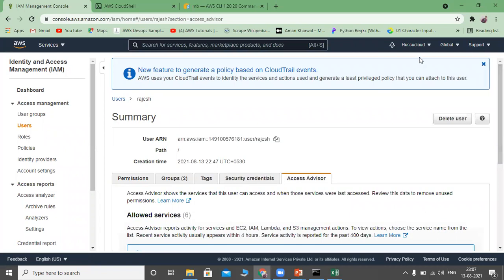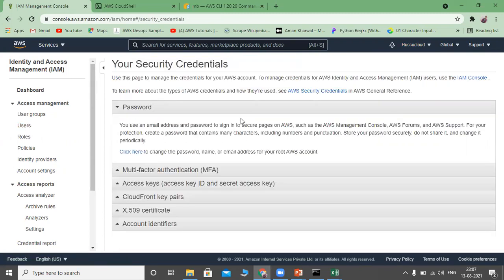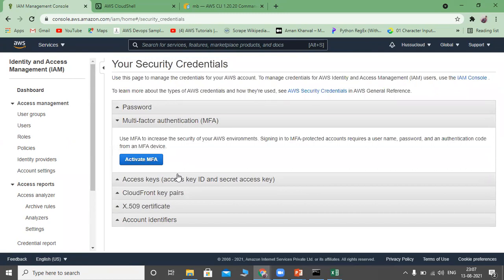And one more thing is, we can provide an extra layer of protection to your users by using multi-factor authentication. For multi-factor authentication, go to My Security Credentials, and here you will find multi-factor authentication. You can click Activate. In general, Authy, third-party software, is used to provide multi-factor authentication.